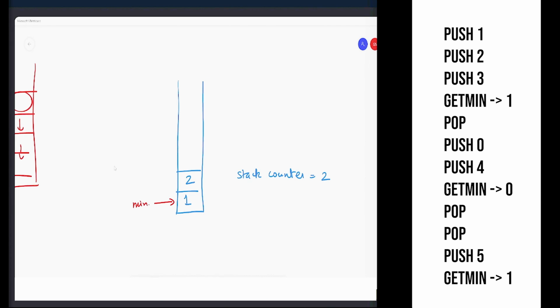Now you have another pointer min. Then 3 comes in. I don't do anything with the min pointer. When I say pop, the stack counter from 3 becomes 2. I pop this element. Then I say that 0, please come inside. So 0 comes in. I see that the min is greater than the current min, so I make that point here, min.